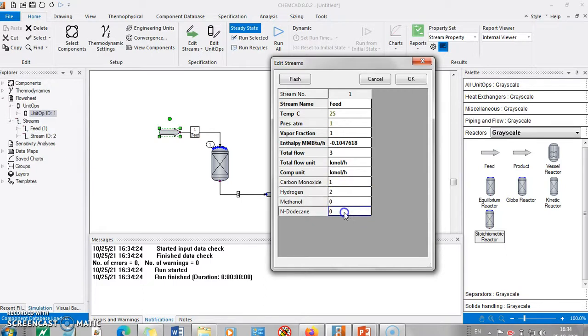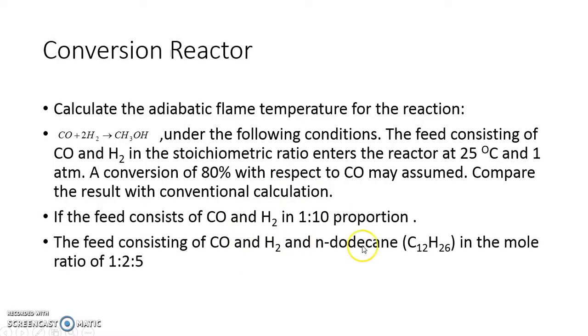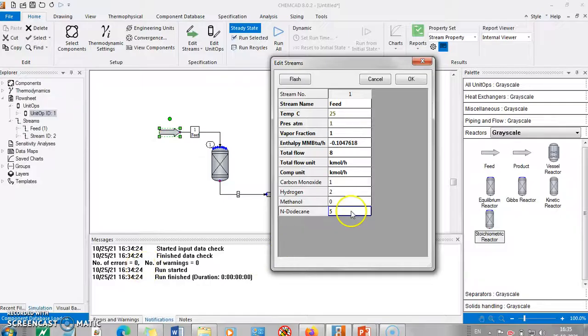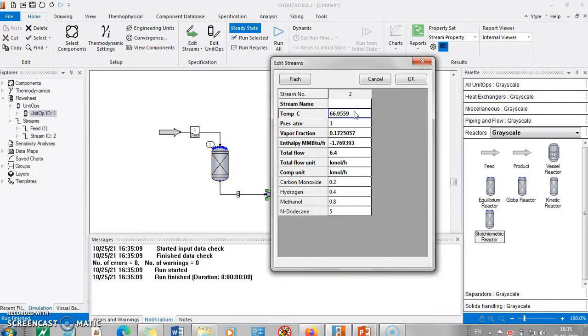So 1, 2 and 5 is what is required. Press OK, select and run, and you go to this and you see that the temperature has come down to 67. So from 960 it has gone to 67.